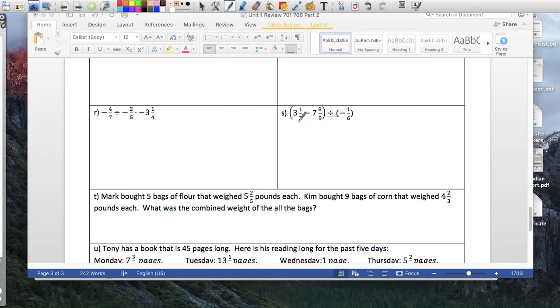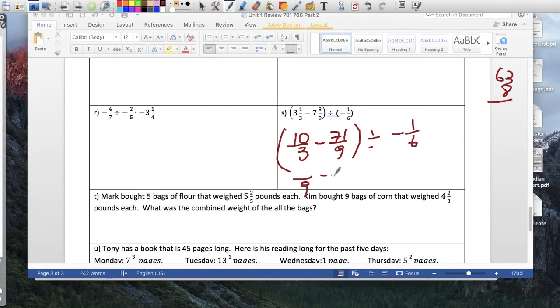Subtract, so 3 times 3 is 9, so it's 10/3, minus 9 times 7 is 63, plus 8 is going to be 71/9, and then you're going to divide that by -1/6. So let's take care of this first. LCM is 9 times 3 times 3, you're going to get 30. And 71, and that's the same thing as 30/9 plus